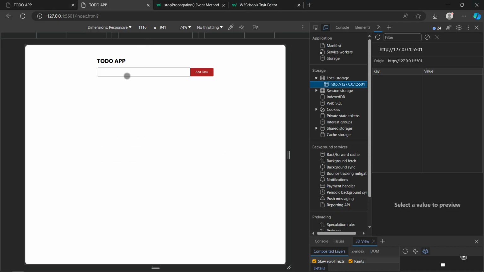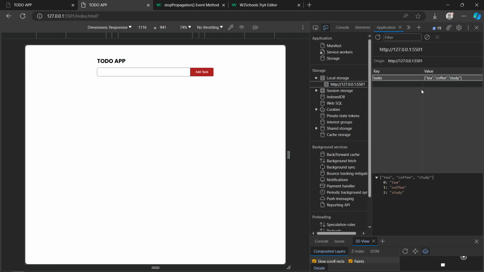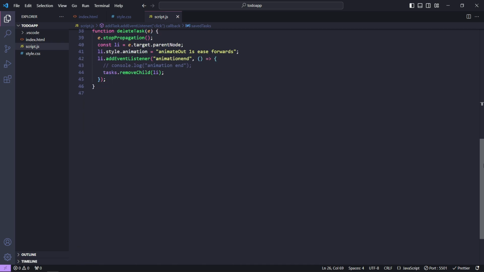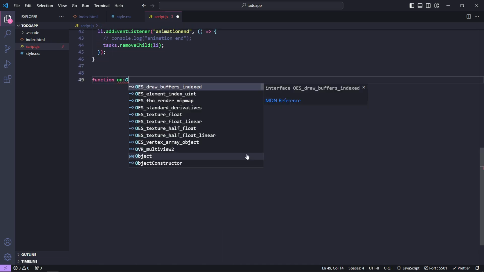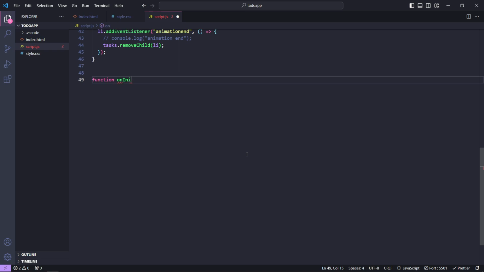inside this empty array. So now I'll create tea, and inside this we now have an array item. If I create another one like coffee, we get tea and coffee, and again study. And if I refresh this page, we do not see anything, but we have data in our local storage. So let's create another function called onLoad, called onInit,